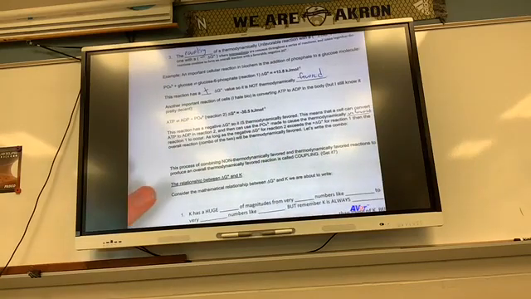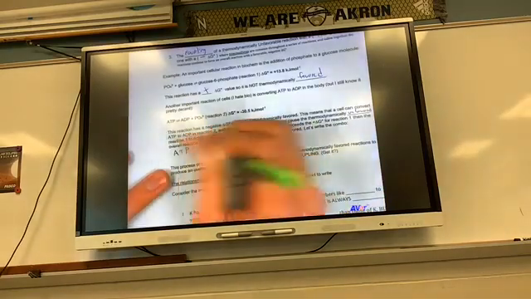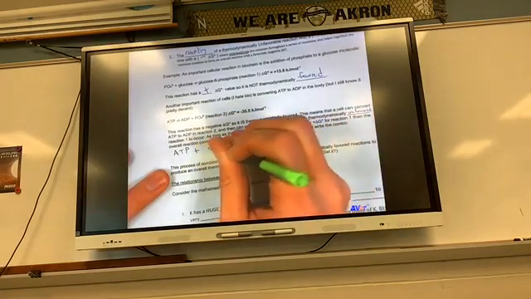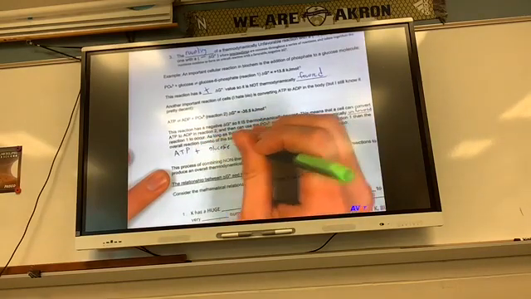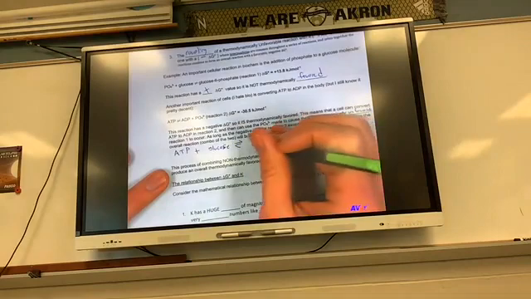So if I combine them together, I would have ATP plus glucose in equilibrium with the glucose 6-phosphate,